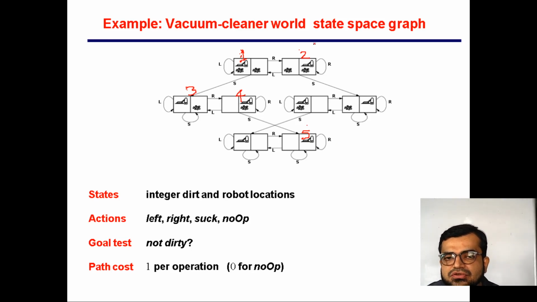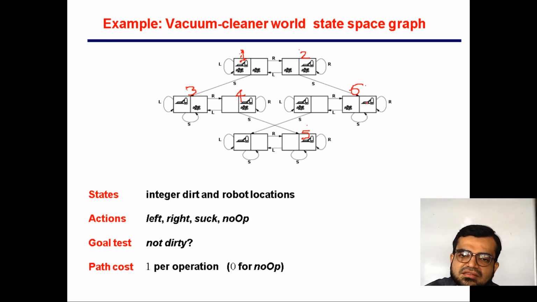If you see the second state, now the robot is in the second location and the dirt is available in both locations. Now for example, instead of performing the clean operation on the first location, I have to start the clean operation from the second location onwards, that means I perform the suck operation. So what happens? This state, which I just term the sixth state, is just for our understanding purpose.